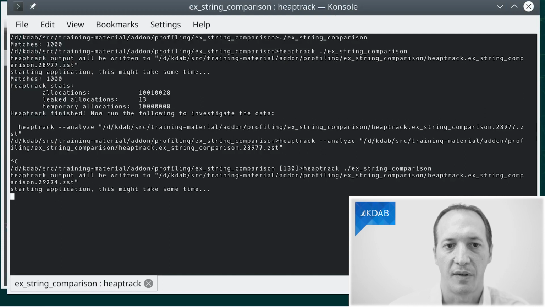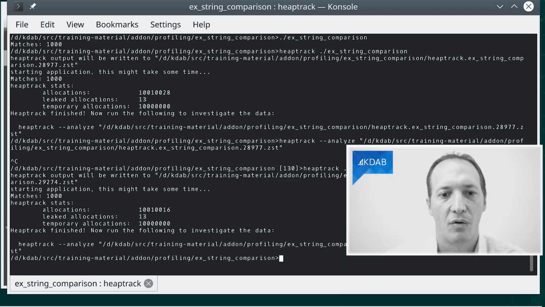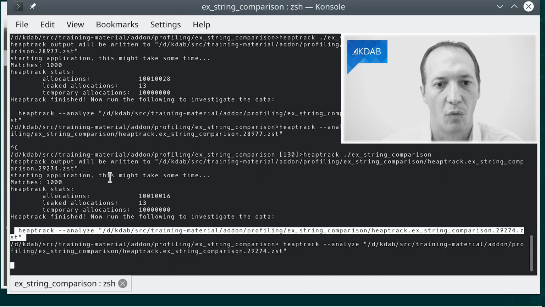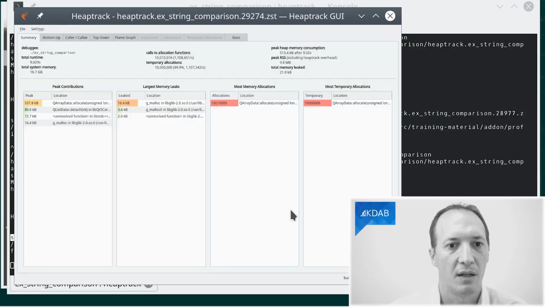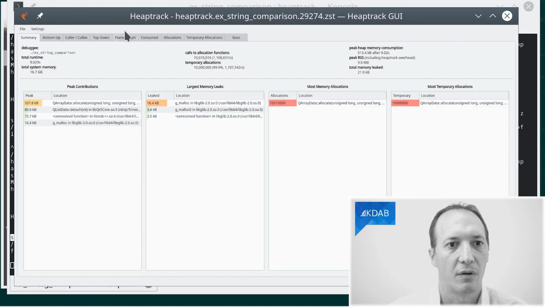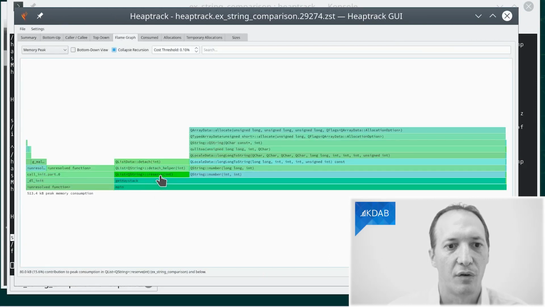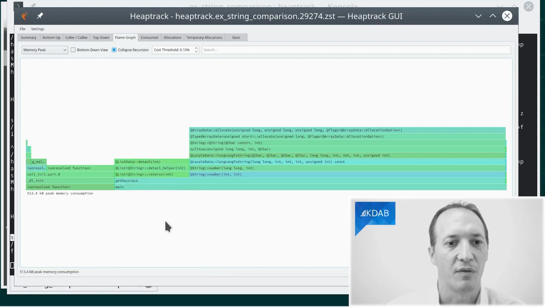I will get a second recording, obviously. And then what is really interesting with HipTrack is that I can simply open the new recording and then I will see whether I still see some realloc in the flame graph. Let's have a look here. I see that my reserve call had to allocate memory. That's the whole point of it. But I don't see any realloc anymore. So it doesn't grow multiple times over time. It simply has the right size from the beginning.